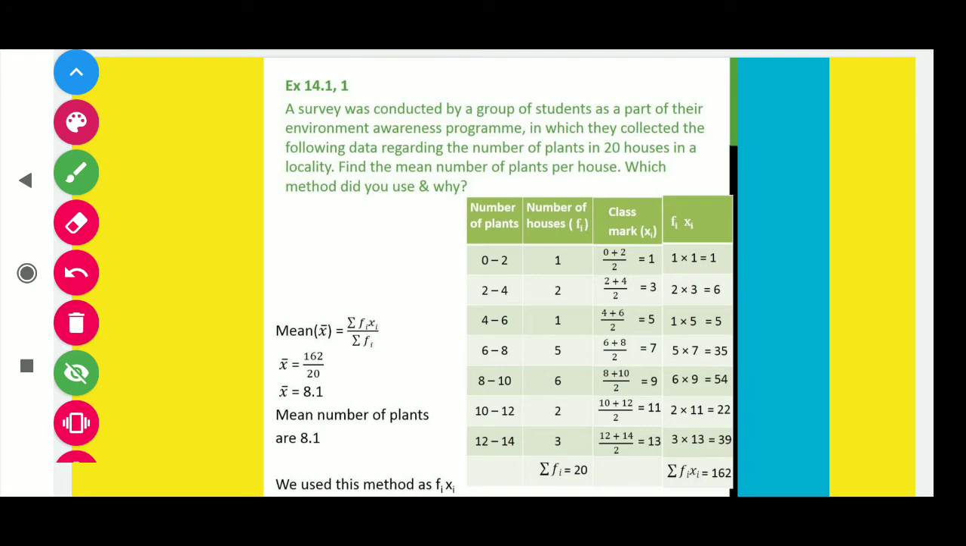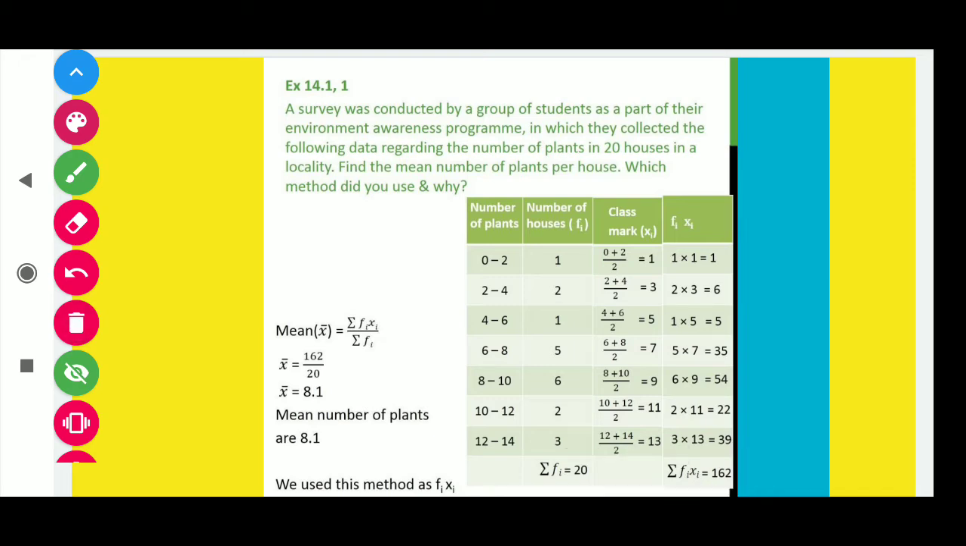Mean is equals to sigma fi xi over sigma fi. So students, अब हमें क्या करना है? fi आप देख सकते हैं number of houses, हमें इसका summation निकालना, that is we have to add all these numbers. So in this way we get sigma fi as 20. Now add fi xi. In this way we get, by adding all these quantities, we get sigma fi xi is equals to